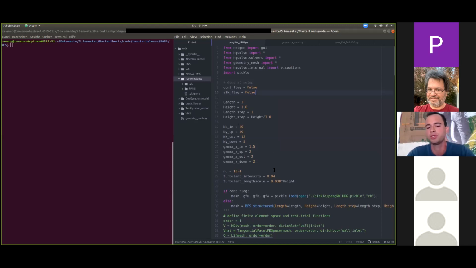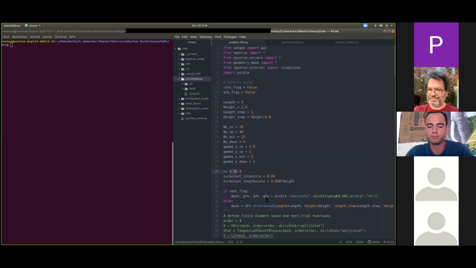In this case, we used a structured, stretched quadrilateral mesh. So we are able to set our geometry and can also define how many cells we want to have in each direction and set our stretching parameter, which is then needed for the generation of our mesh. We also define some flow properties, for example the kinematic viscosity, which will be 10 to the power of -4, and also the turbulent intensity and turbulent length scale, which is then important for the initial values of K and